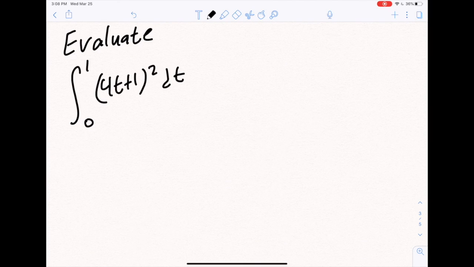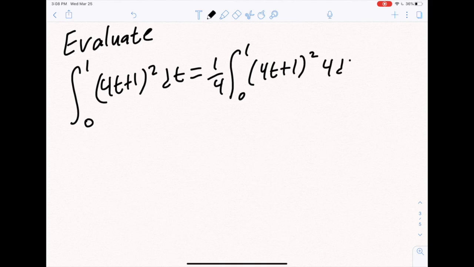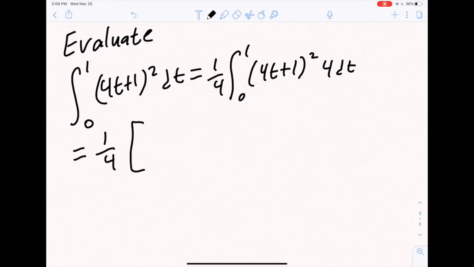For this example, we want to evaluate the integral from 0 to 1 of (4t plus 1) squared dt. And for this example, we need to do like we did earlier and multiply by 1 in a clever way. So we can multiply by 1/4, the integral from 0 to 1 of (4t plus 1) squared times 4 dt. And now taking the integral yields 1/4 times (4t plus 1) cubed